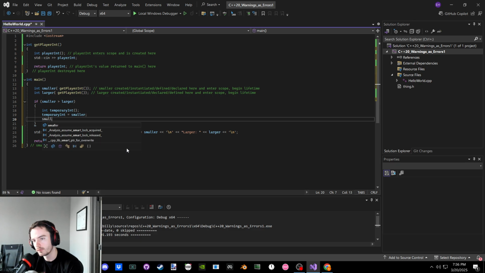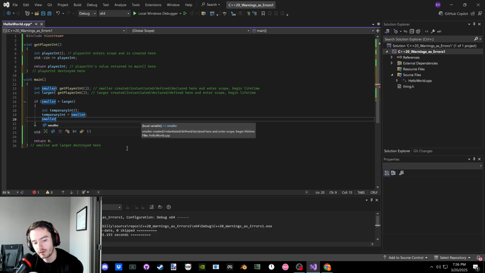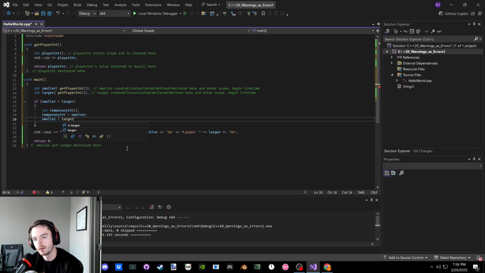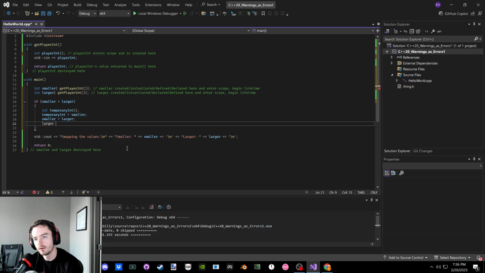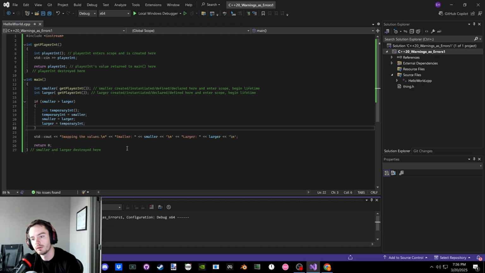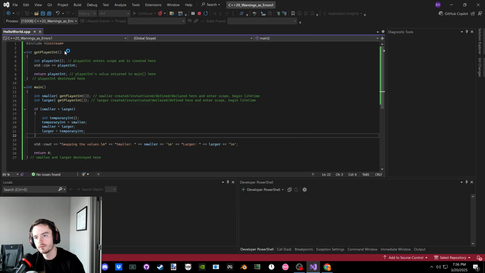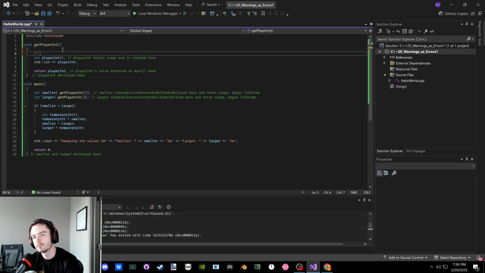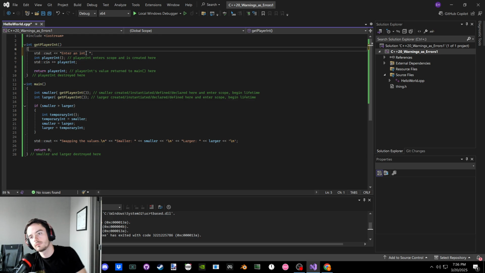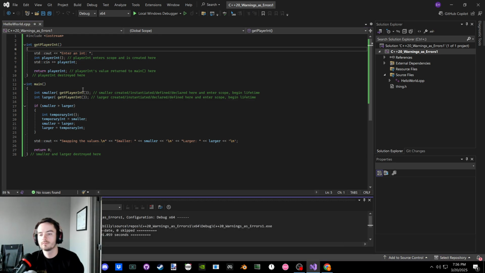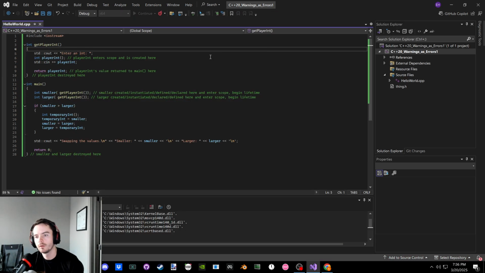Yeah. And now smaller passes its value off, takes the value, and then we pass it. So smaller is now larger. And now larger is temporary int. And now we'll output it. Cool. So if we say, oops, I didn't prompt the user. Enter an int. Oops, we'll also say